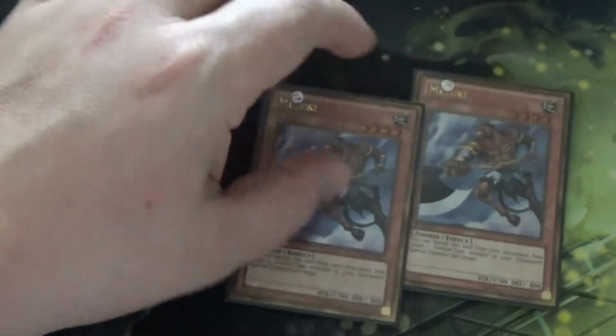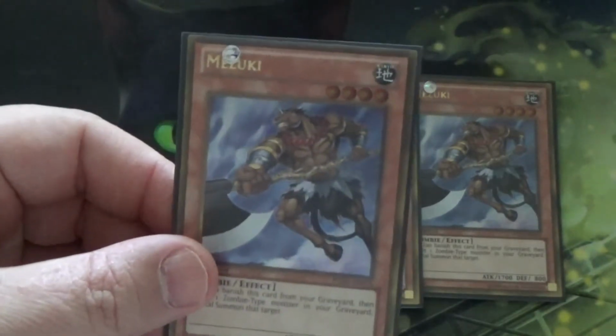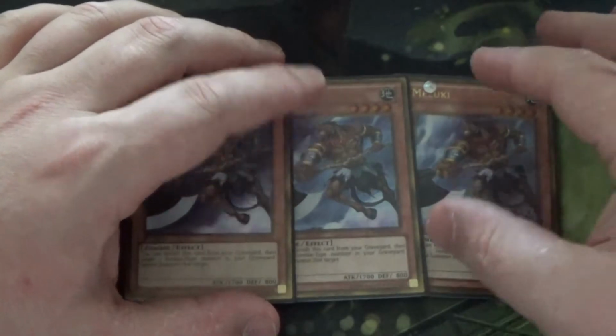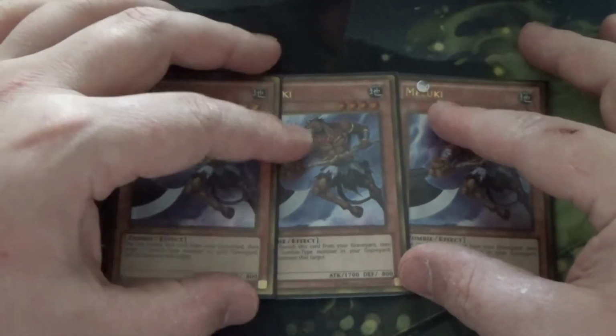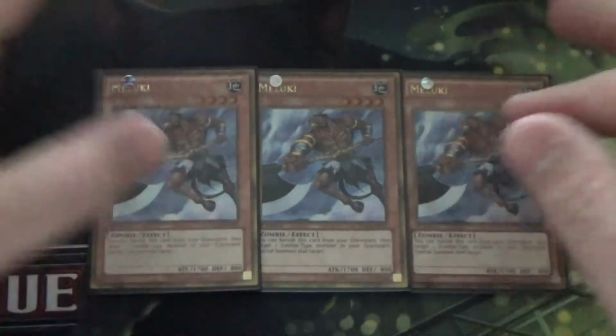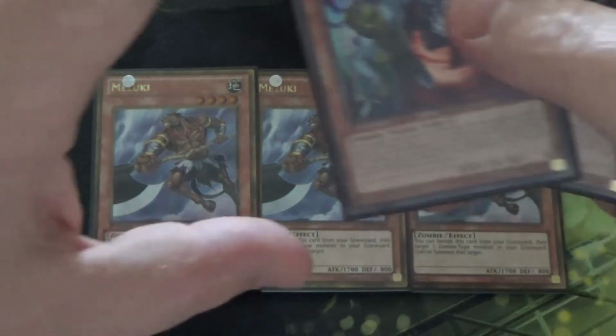Started off with 3 of the Mizukis here. Mizuki's the one that if you banish it from the grave, you can target one zombie that's in your grave and basically special summon it by removing this from play. To go with that, another non